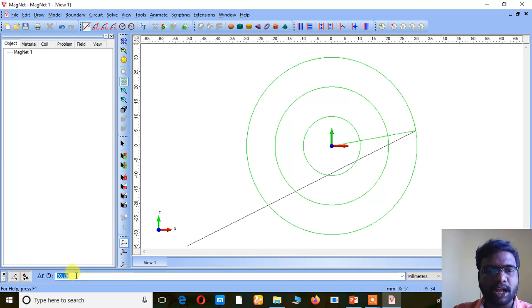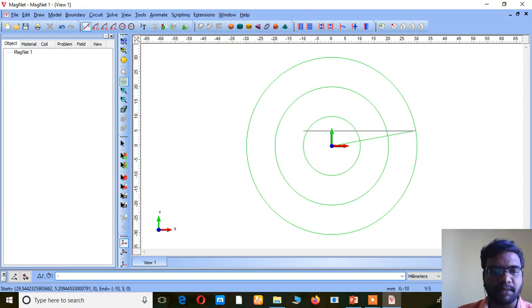It is changed into del r comma theta, and I just want to draw a line in the reverse direction towards the shaft of the machine. So it is in the opposite direction, so I am giving a negative symbol. I have given a negative symbol. After giving a negative symbol, I want to choose the length of these rotor poles. I am just giving some values. After that we will be able to trim the length of the sketch, right.